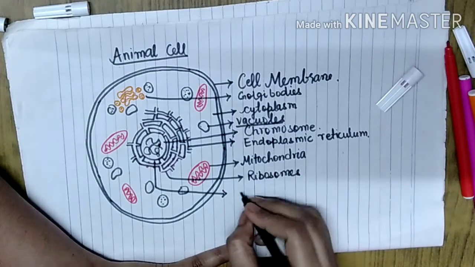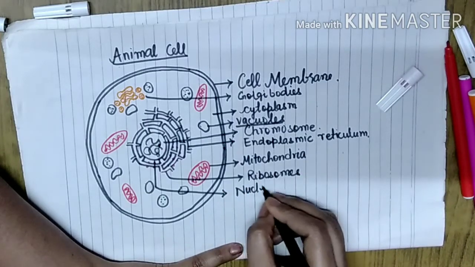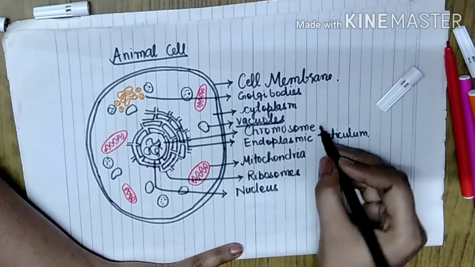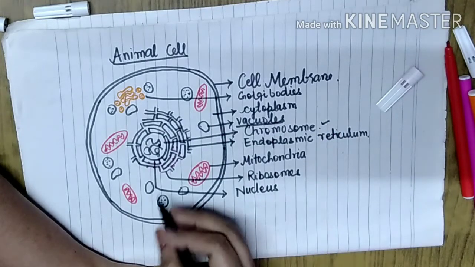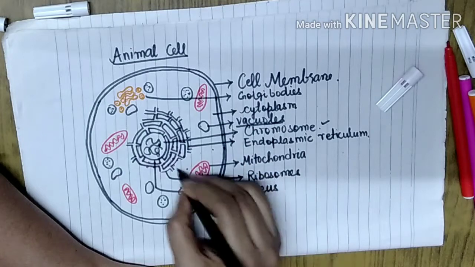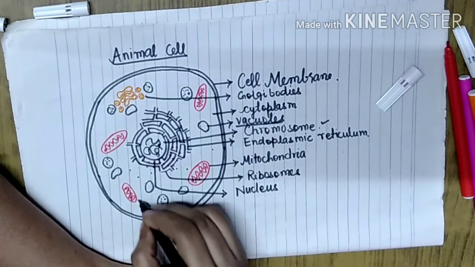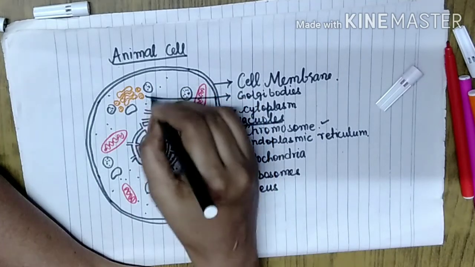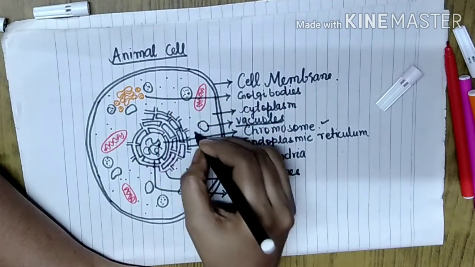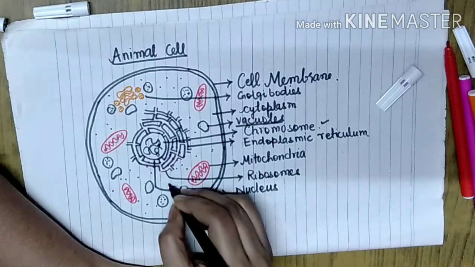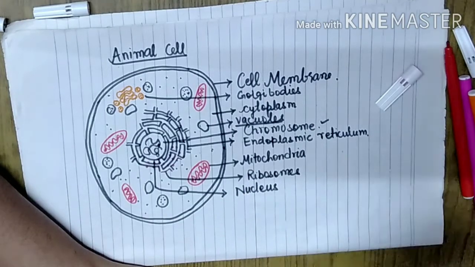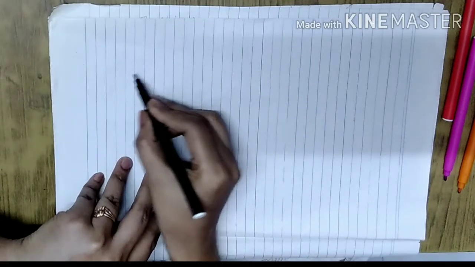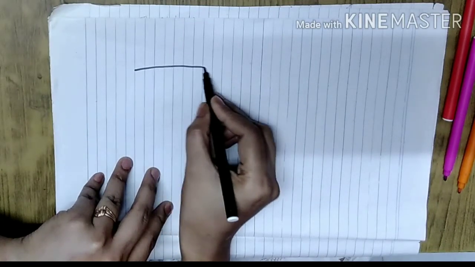Obviously the central structure is the nucleus, and please label without crossing the arrows. The nucleus contains the genetic material, chromosomes, that has the information of what the cell is going to perform. It has all the information on how the cell is going to perform, how the cell is going to have its structure, and in the case of an organism they have the information. Now we will learn to draw the plant cell.